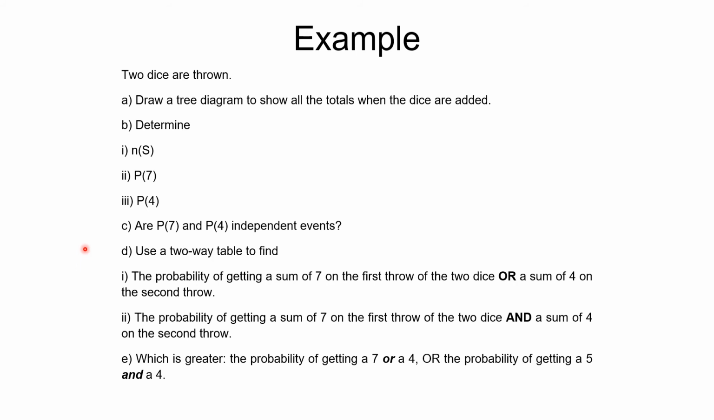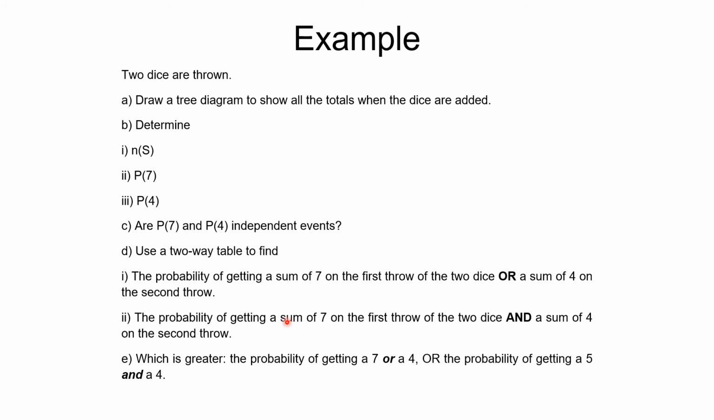They're asking you whether the events of getting a sum of 7 and a sum of 4 are independent. So we will look into it after this, and use a two-way table to find all these probabilities stated. Okay. The first one: the probability of getting a sum of 7 on the first row